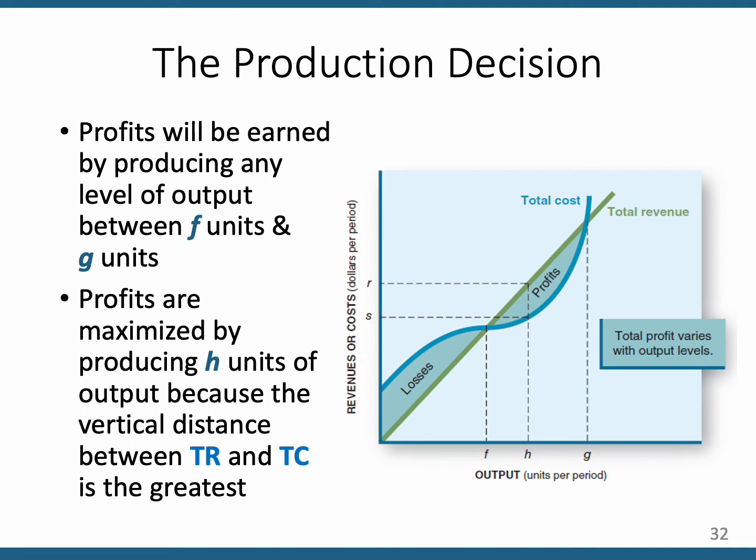But it's not obvious to you. You'd have to bring out some sort of measurement instrument if you're looking at a graph and trying to determine where that vertical distance is the maximum. It's much easier to pick out if you're looking at the average costs graph, and that's what we're going to do. But just to show you what these total costs and total revenue curves look like for the purely competitive firm, there it is.